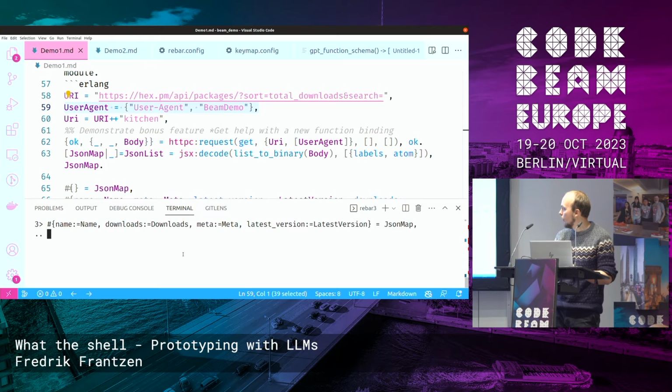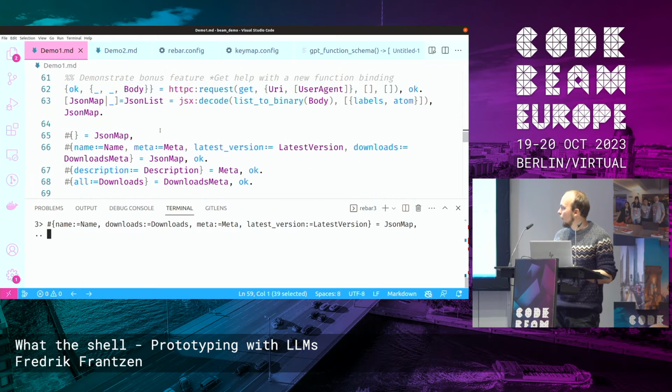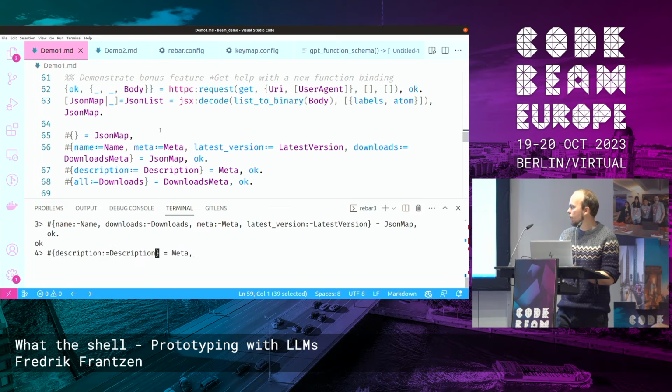Like that. And then, okay. And then I want to pattern match some more. And I want to do it one more time.